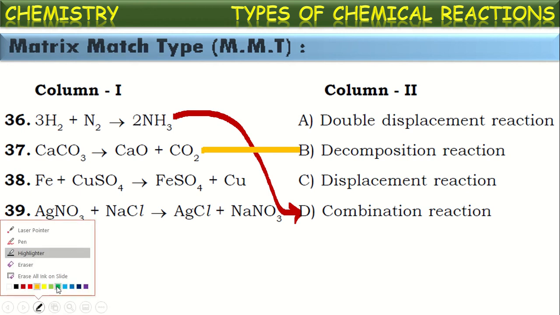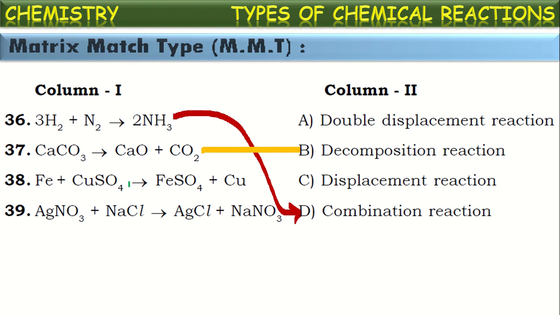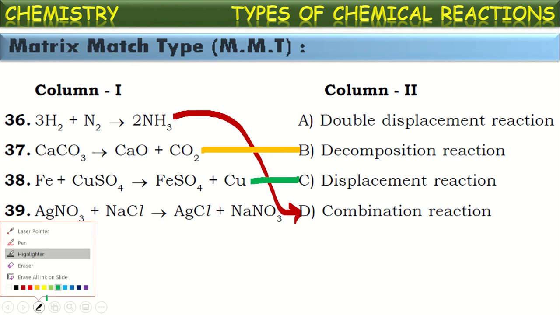See the next equation. Iron plus copper sulfate gives ferrous sulfate plus copper. So here, more reactive element iron displacing less reactive element copper from its compound and forming a new substance ferrous sulfate. This kind of reactions in which a more reactive element displaces a less reactive element from its compound and hence forms a new substance are called displacement reactions. Where is it here? It is a displacement reaction. Next one,